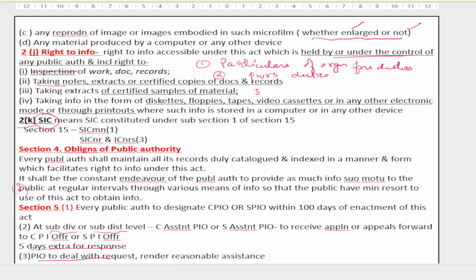It also needs to disclose the norms set by the organization for discharging its functions. Also, the procedure to be followed in the decision making process, and the channels of supervision and accountability need to be disclosed. Then the rules and regulations of the organization, the instructions, manuals, and records held by the organization need to be disclosed. Also, the categories of documents held by the organization need to be disclosed.